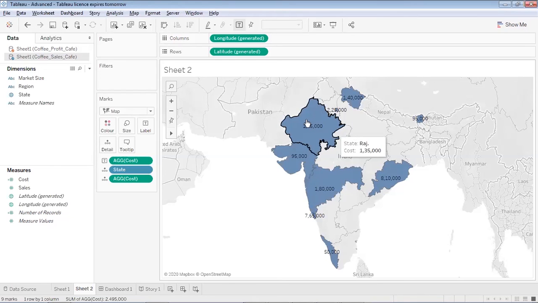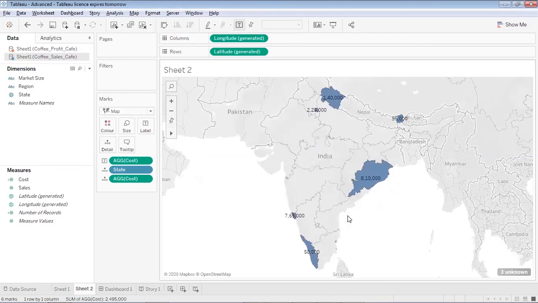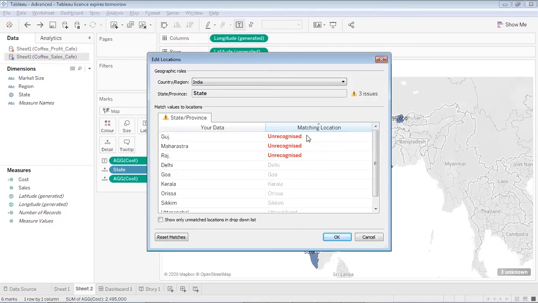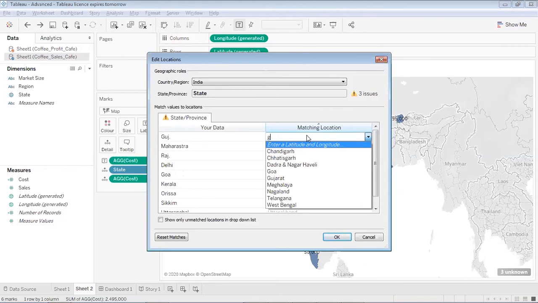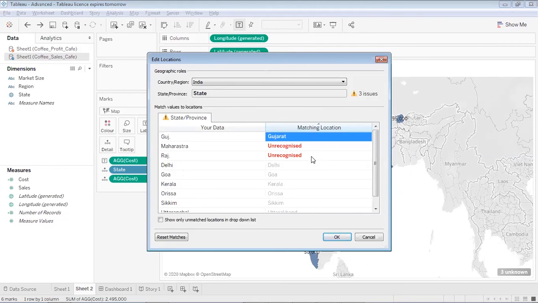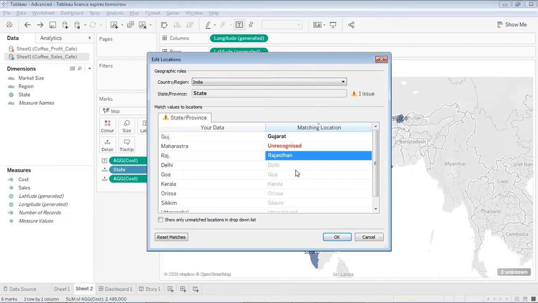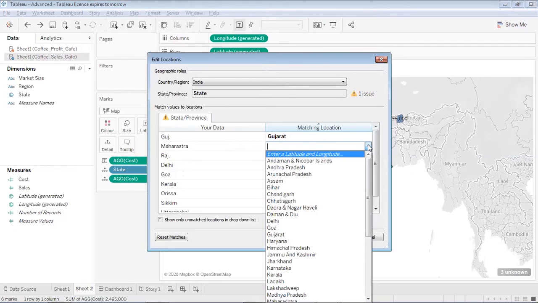That was one option. Now let me do it again, Control Z. So now again I have got these unknowns. I did Control Z and it got converted into the previous one. Now in case of Gujarat, I was okay changing the spelling, and for Rajasthan I was okay changing the spelling, but in case of Maharashtra, say I would like to use this spelling only. So for that, what I can do is explicitly add this spelling into the data source.